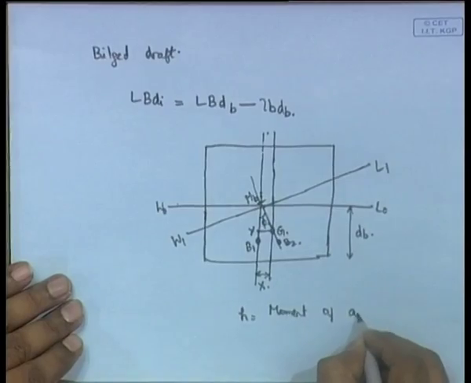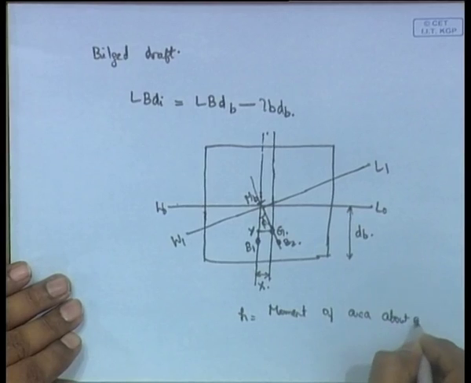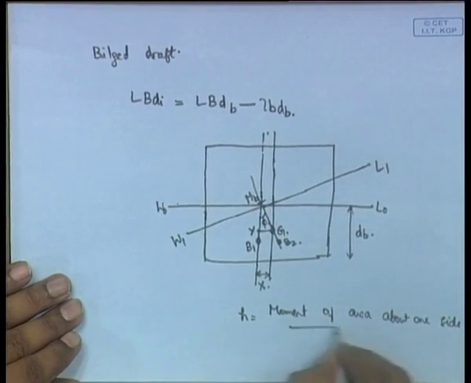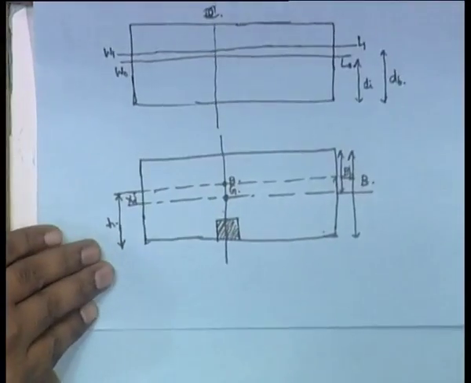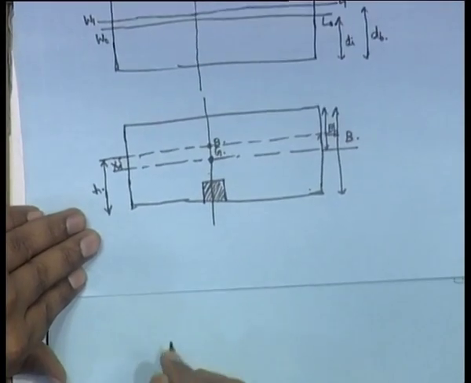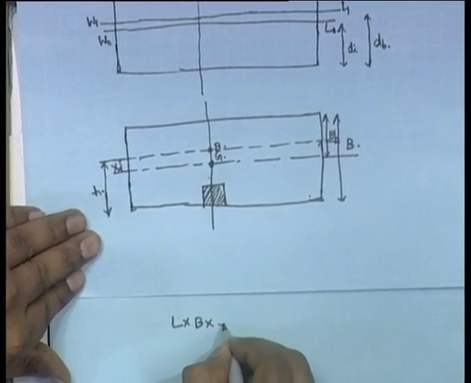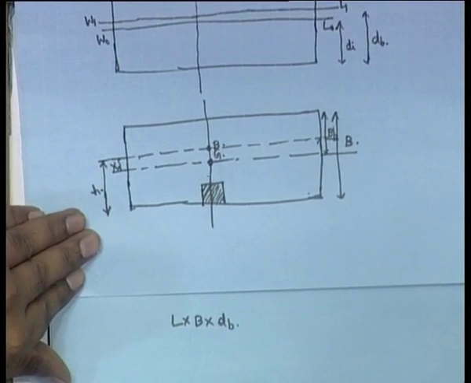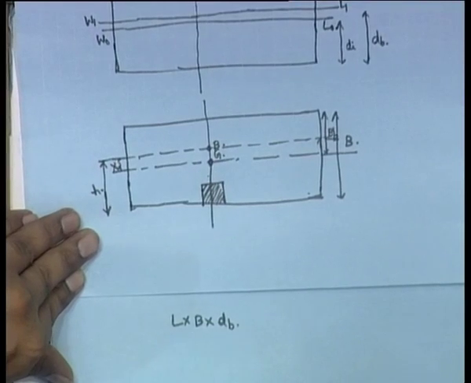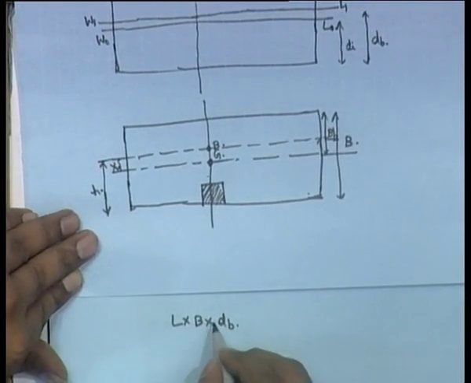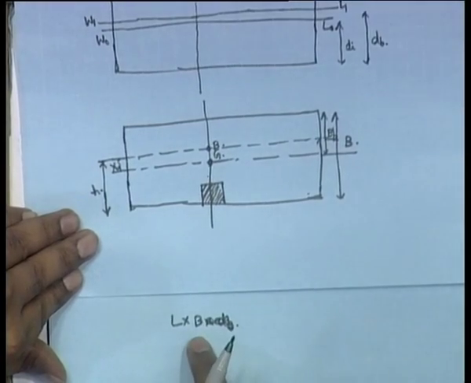So, moment of area about one side divided by the net area, you can take the area at the water line. So, this will give you, if you just look at this figure, it will become very clear what areas we have to take. For instance, it will be L into B into, oh we are not dB, we are trying to find the moment of area. L into B is the area, into